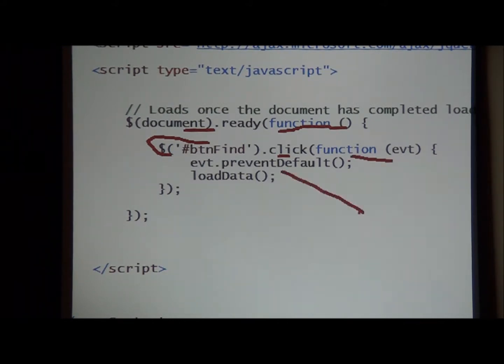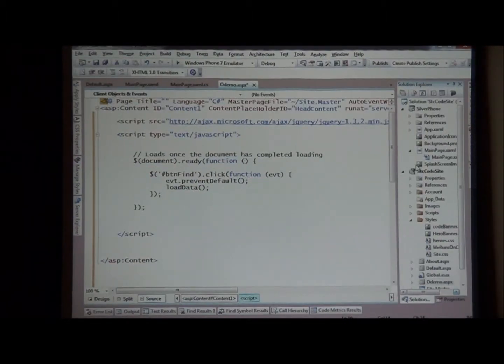So it goes out and we call something to prevent the default behavior. I'm going to put my own behavior inside of it. So instead of doing a link like you do with a hyperlink, replacing that, I'm going to call this method called load data. What load data is going to do